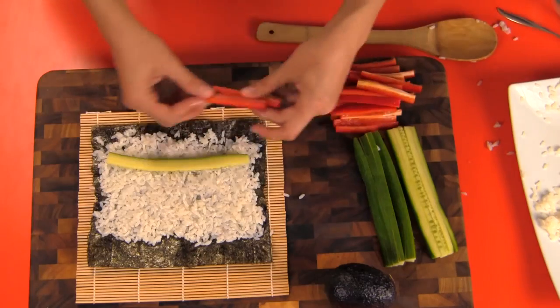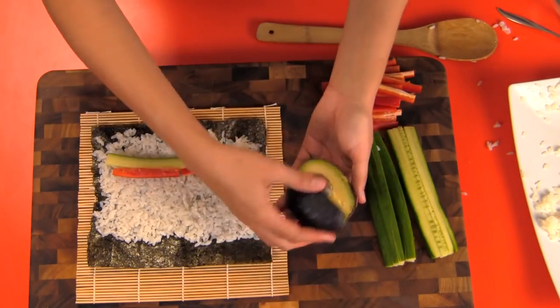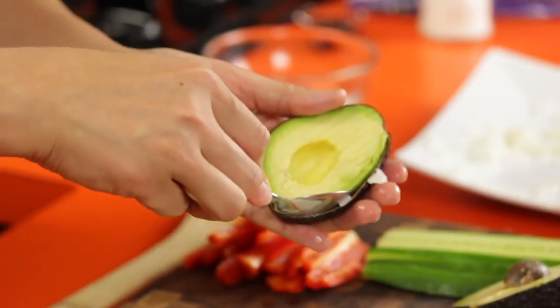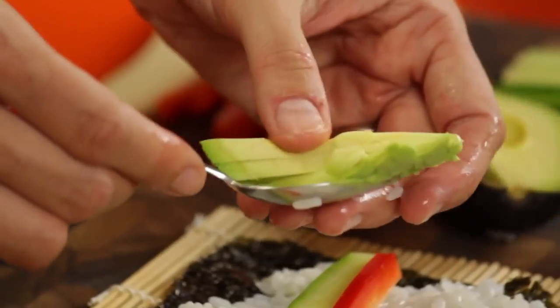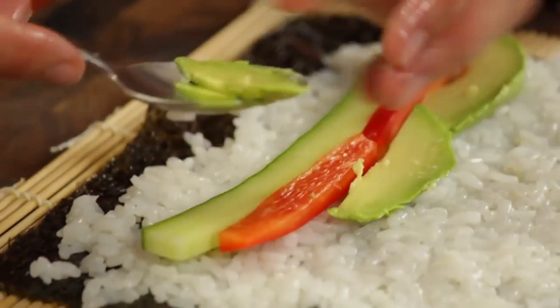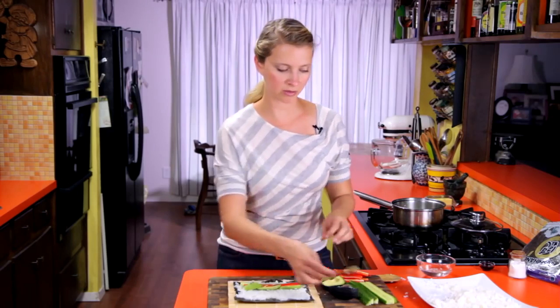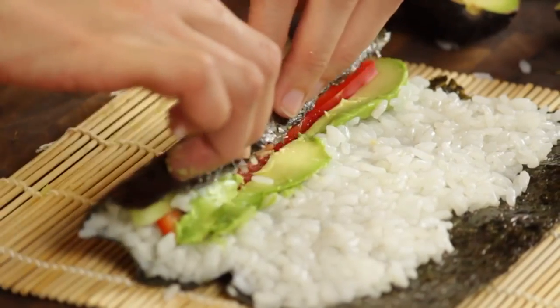Perfect. Some little bell peppers. And then our avocado. So you can just use a spoon to kind of scoop out a couple of slices like that. And just try to keep everything across as in an even layer as possible so your roll doesn't end up all lumpy and weird. So then,